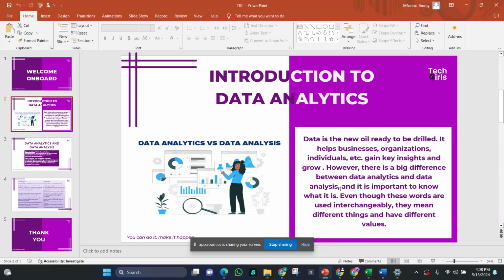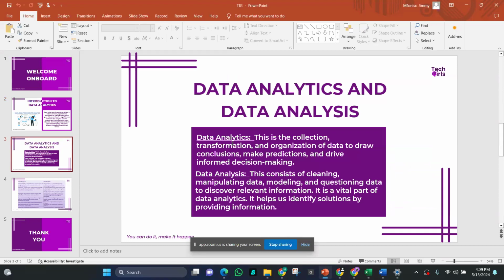As you're coming into this field for the first time, the first step to make the work easier is to know these basic differences, and to know that they are different things and have different value as well. Data analytics is the collection, transformation, and organization of data to draw conclusions, make predictions, and drive informed decisions. It is more like a field under which other analysis comes.